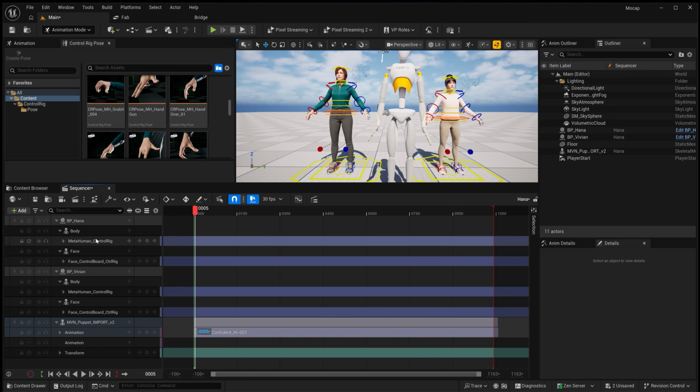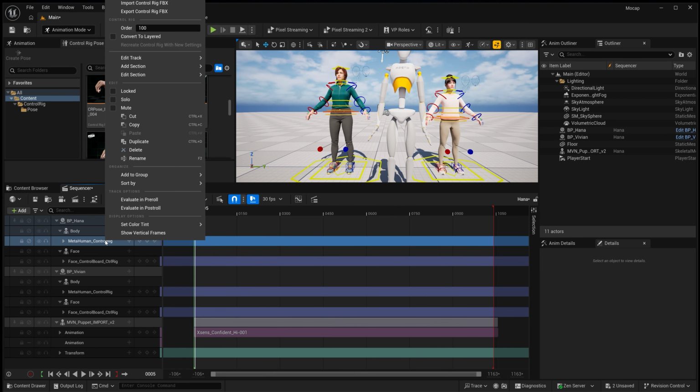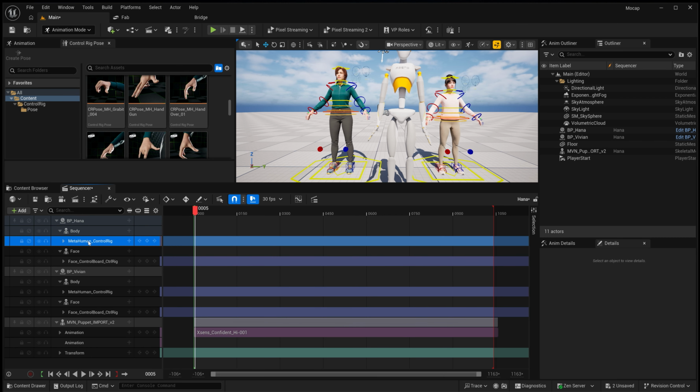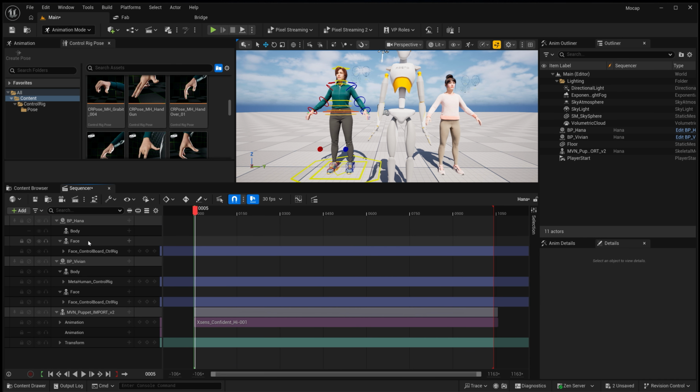animations to them. Now, the same process is not going to work on them on a control rig. It's going to be a little bit of a process, but we'll make it as quickly as possible. Okay, so to add the animation onto the body, we're going to have to delete the control rig. All right, so we're going to delete the control rig. Bye-bye on Hana, and